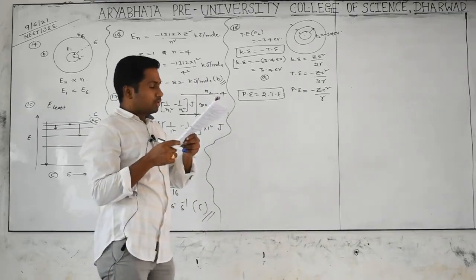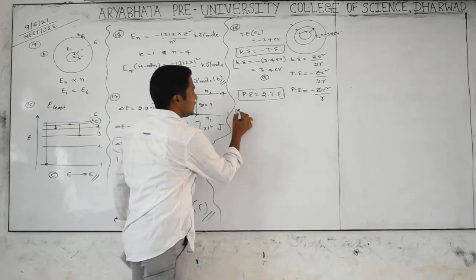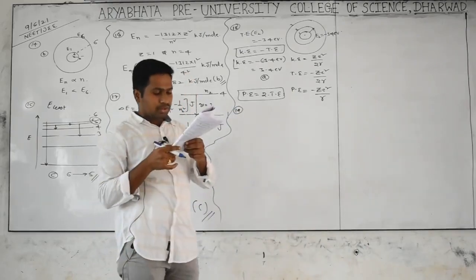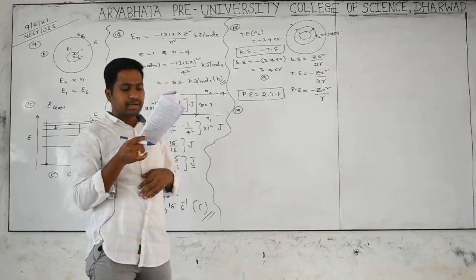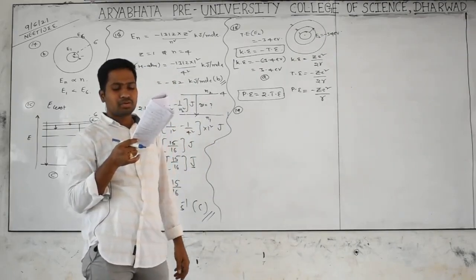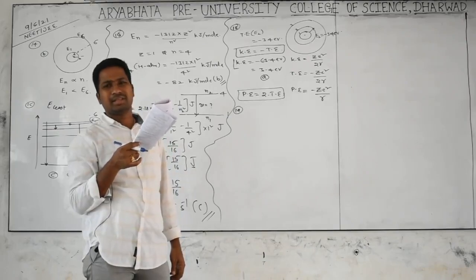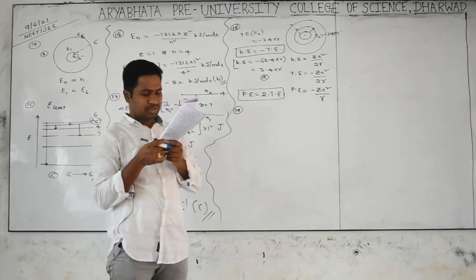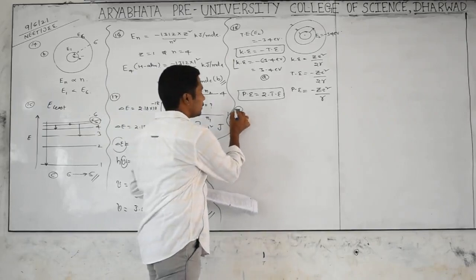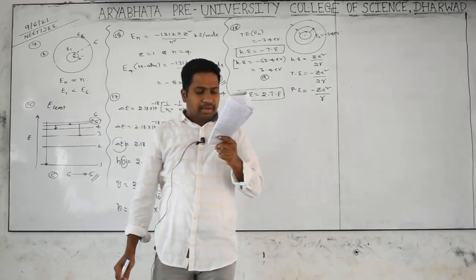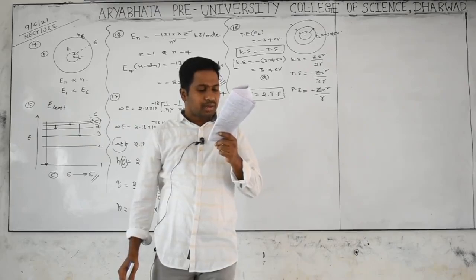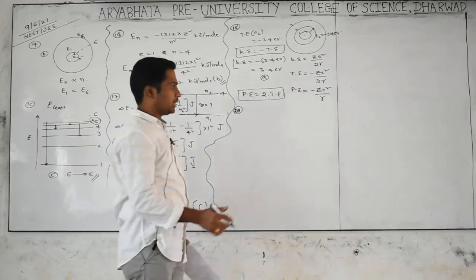Now we are going for the 19th question. See carefully, the 19th one. Who modified Bohr theory by introducing elliptical orbits of electron pairs? It is nothing but Sommerfeld. Leave it. Theory question. Go for the next, the 20th one. The Bohr orbit radius for hydrogen atom with n equal to 1 is approximately 0.530 angstrom unit.